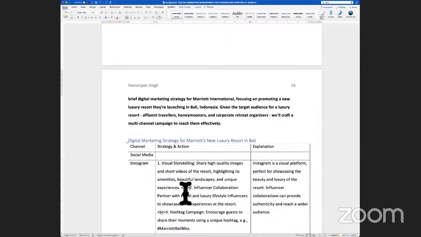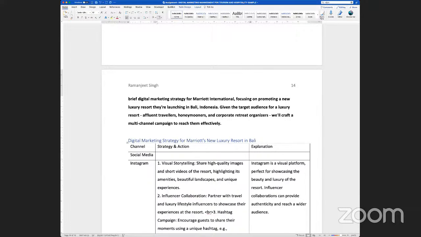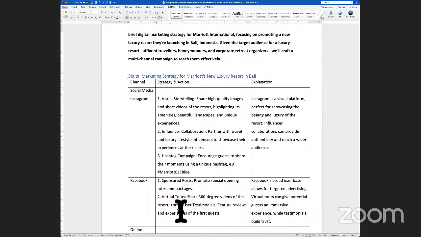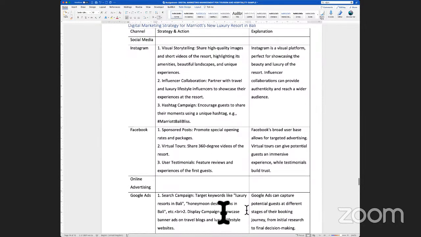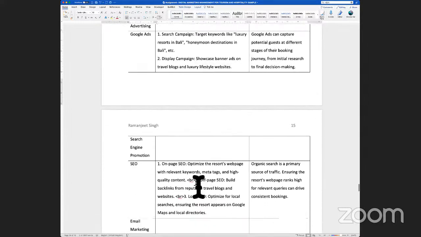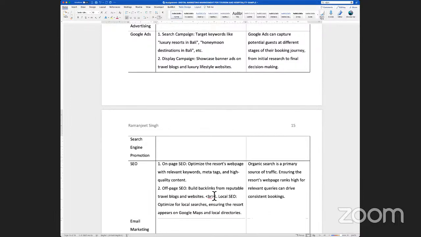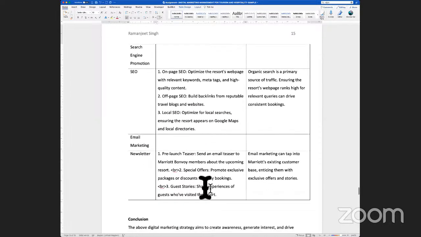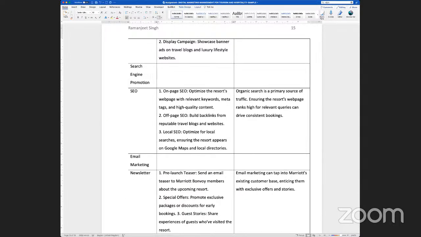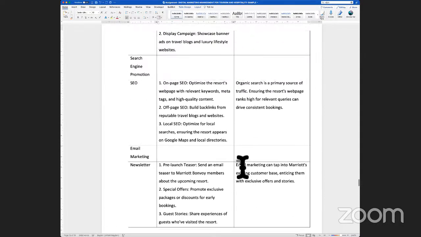And this digital media plan that I've created is primarily looking at targeting people who want to come in, who are either affluent travelers, honeymooners, corporate retail guests, or people who do events and conferences, when companies take their staff and employees to different locations. So what I've done is create a detailed plan which covers most of the digital marketing tools that the company would be using to promote and advertise in order to get bookings.